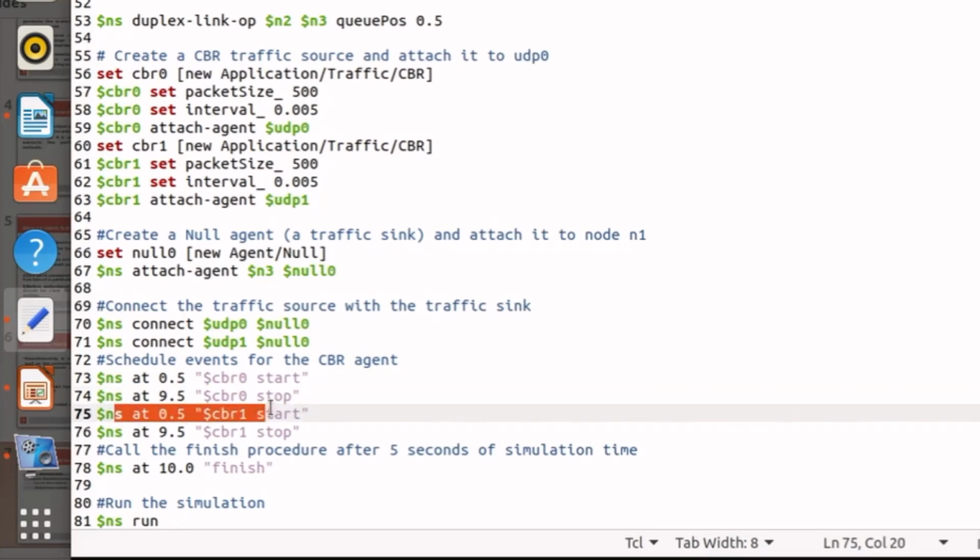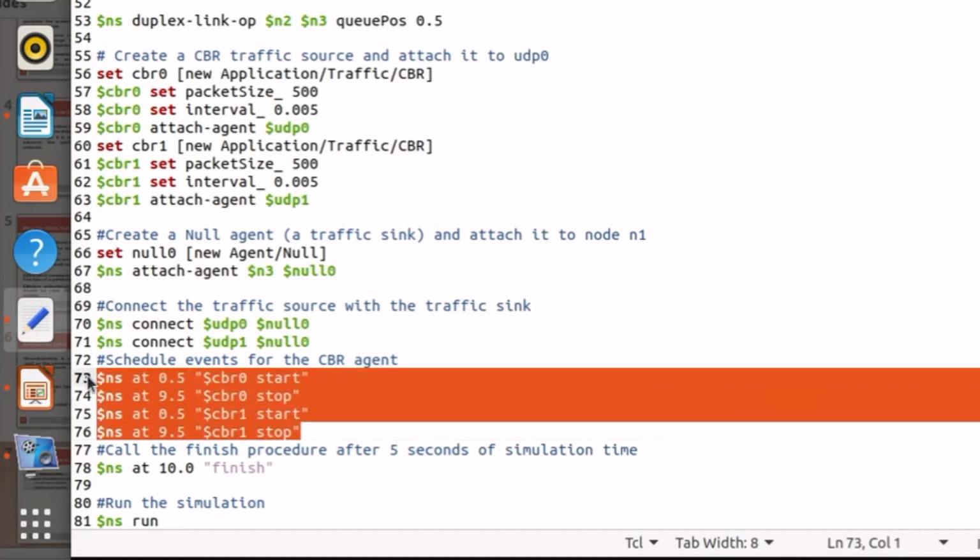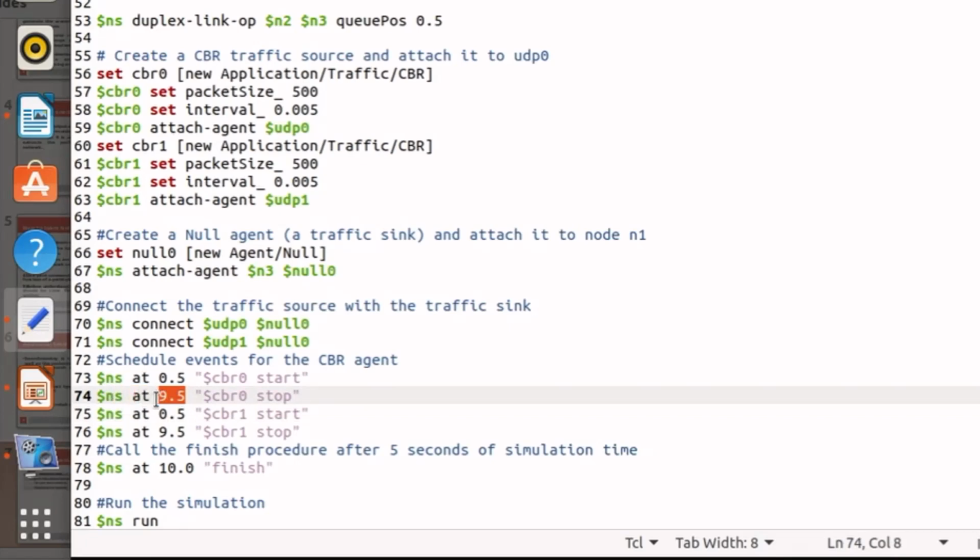Here, NS at 0.5, CBR 1 will start the data transmission. Means node 1 will start the transmission. Again at 9.5, CBR 1 will stop the transmission. So these lines are for starting the transmission and stopping the transmission. We can assign the time any time as we want. 0.5 and 9.5 I assigned. You can assign anything if you want.